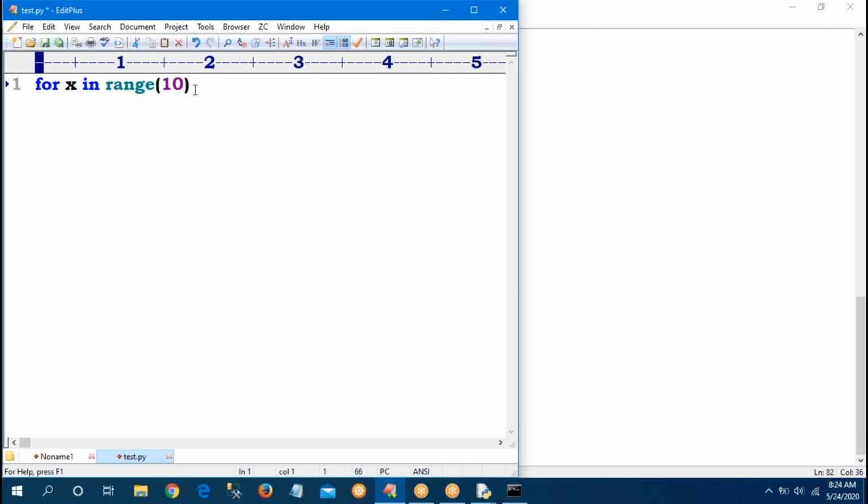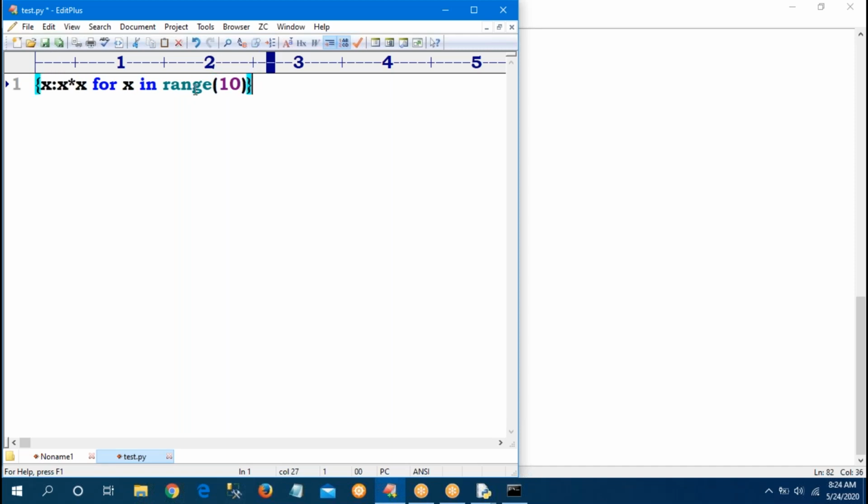I want to provide squares. Already we know x star star 2. Sir, if I give square brackets, it is a list. If I give curly braces, it is a set. Then how to declare a dictionary comprehension? Simple. Dictionary means key and value. Expression x colon x square in the curly braces.